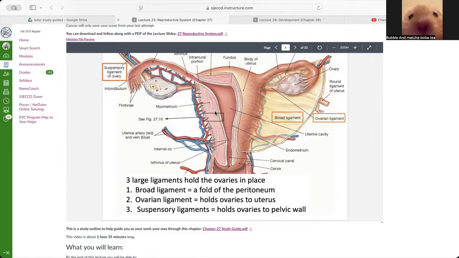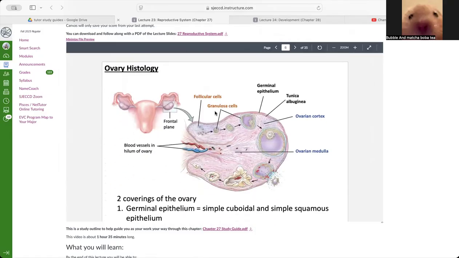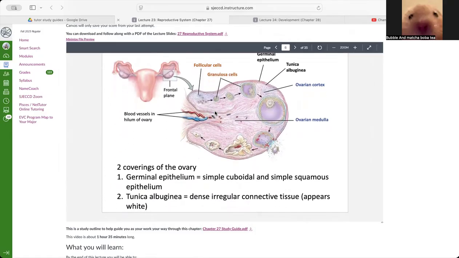So the histology, right? We have the germinal epithelium. And what this one does is, it's a simple cuboidal and